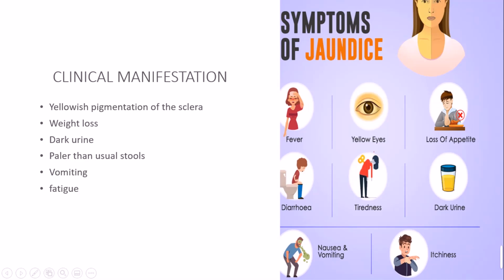The usual color of urine is similar to water and doesn't have much color. But if your urine looks darker, there is some reason. Maybe you are dehydrated or you are having jaundice. There are also other symptoms like fever, itchiness, and nausea. Vomiting is also seen in these patients. Due to loss of appetite, the person will also face weight loss.